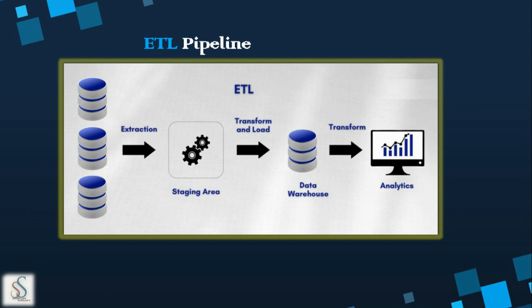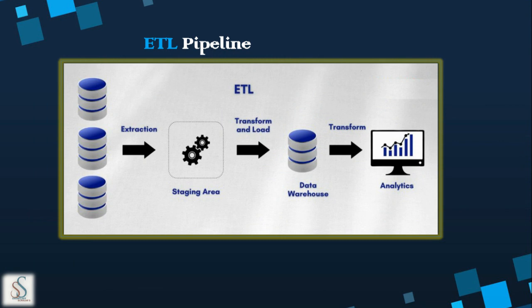From that location, you will take the raw data and make some transformations on that data. Raw data is not useful information. Sometimes it may contain invalid data, unused data, and some extra columns which are not needed, correct? So you need to convert the raw data into useful information, useful data. That is possible through transformation.